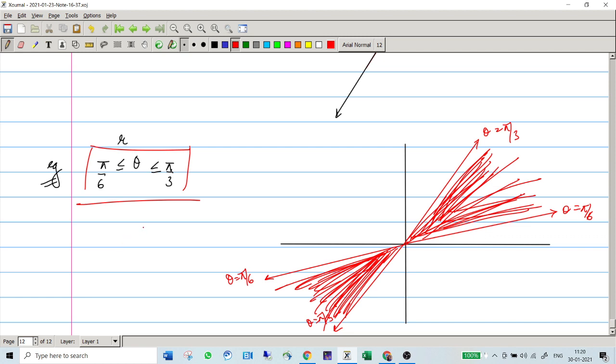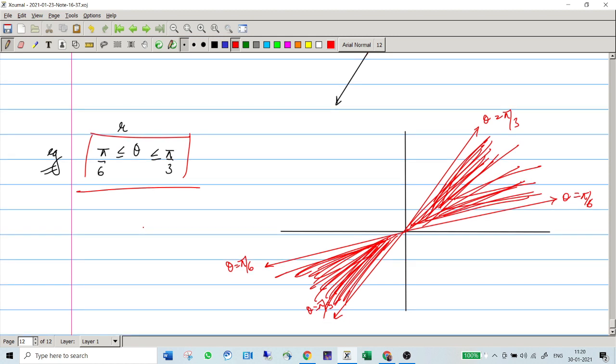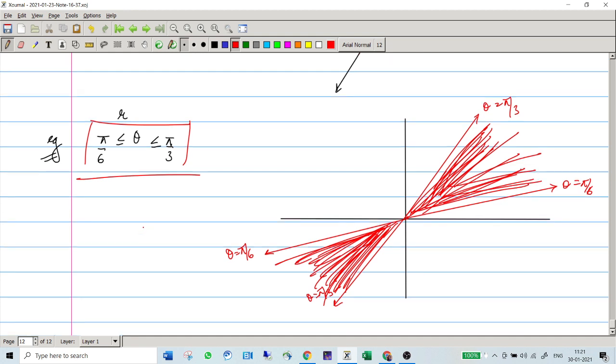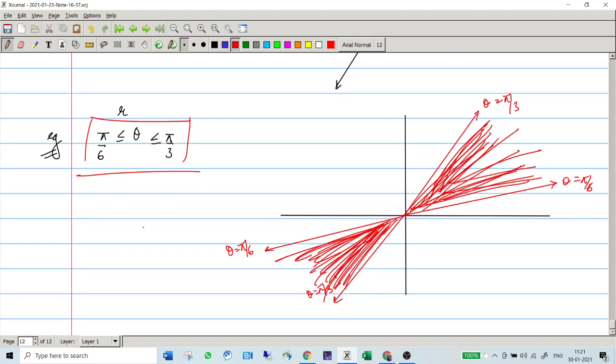So that's how you have plotted them when they were separate, as in r was independent and theta was also independent. And we had seen an example where r also depended upon theta. So it can be anything. For whatever sort of equation you have, you can plot the graph. And these graphs also have names for some of them, which we'll cover as we reach there.